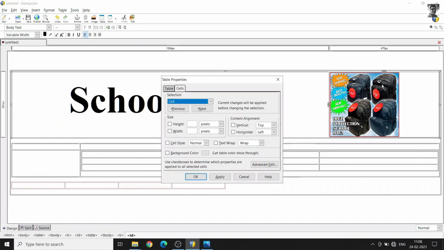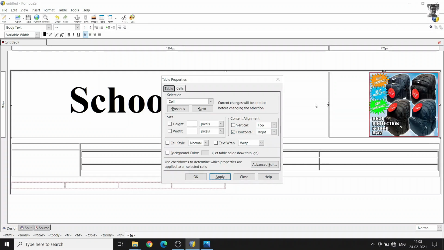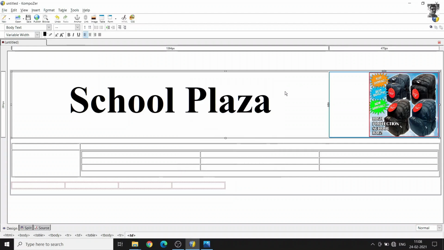So we go to table properties, and in table cell we select horizontal alignment. Instead of left we select right and apply, so that the image comes on the right hand side, which looks better. So this is School Plaza we have written. Next line, there is some tagline given in the textbook. We will write that, and it says that one stop for all school